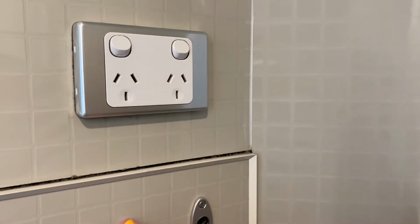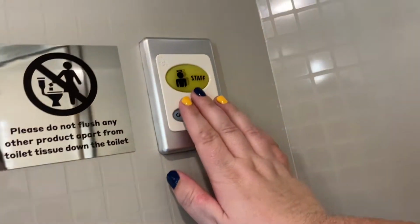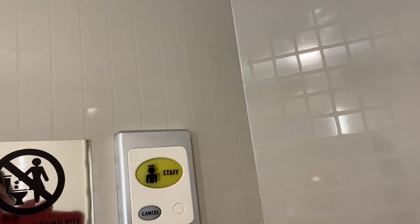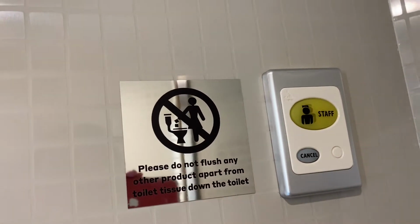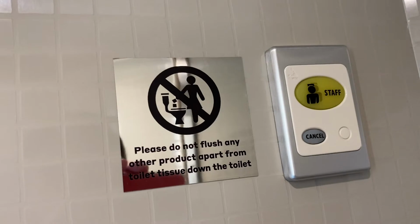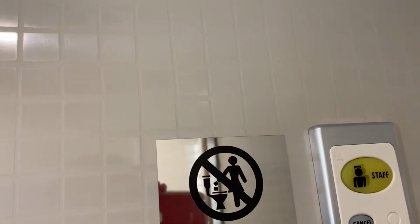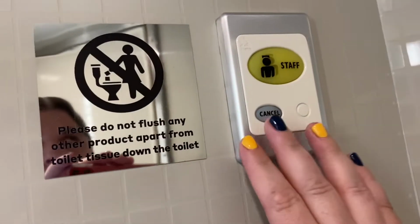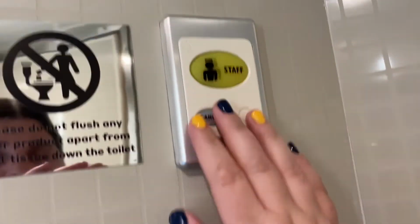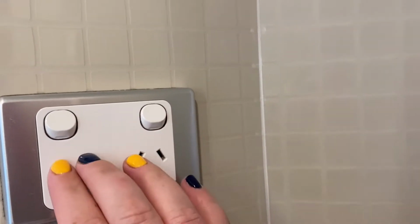And then above the toilet, quite high, about my sort of face height, is a staff call button, and next to that is a sign. I don't know what that says, but then underneath the staff call button is a double power point,